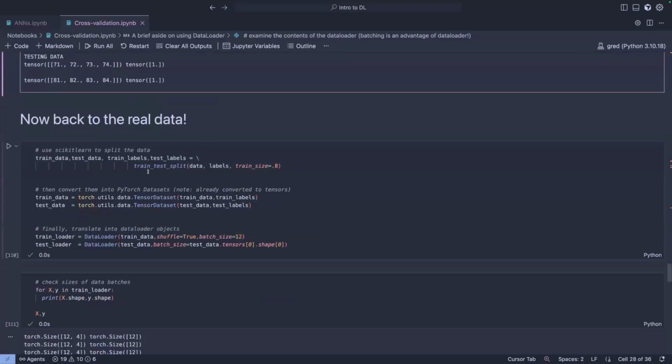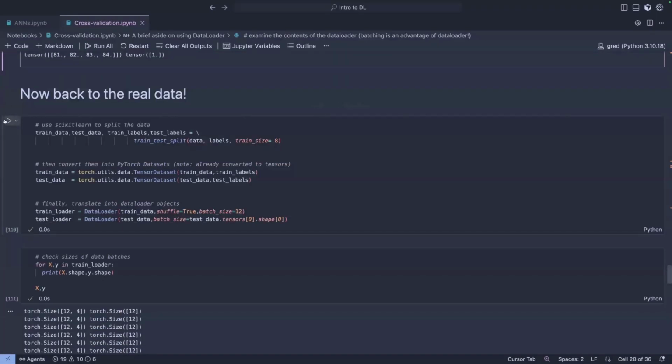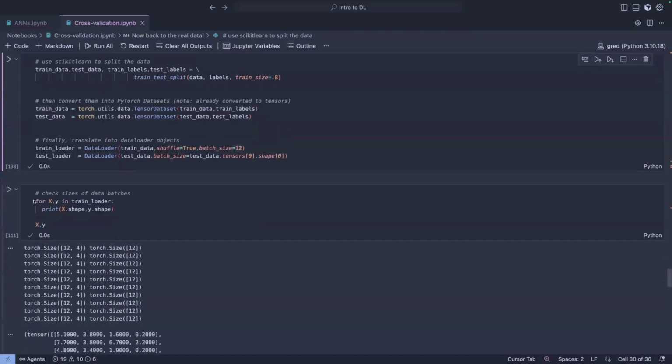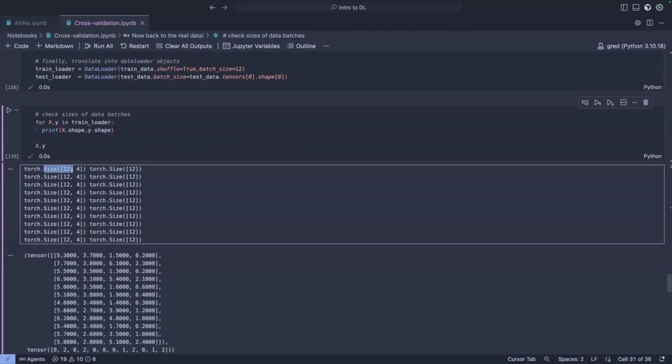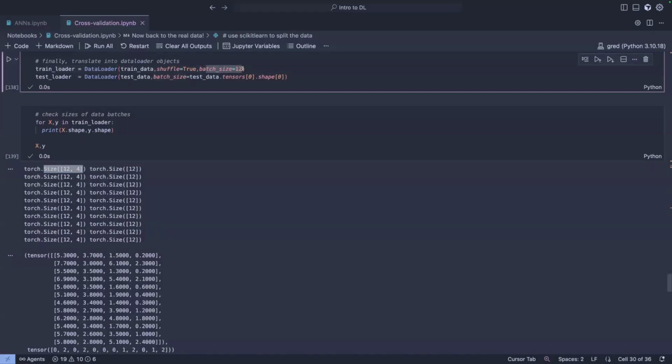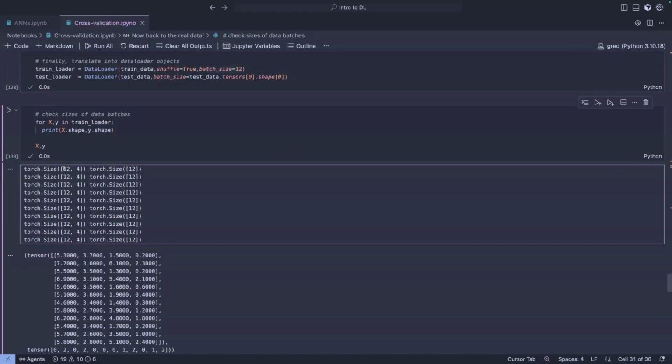So now if we apply this on the training data, I'm not gonna go through the code now because we're gonna do it next time. We defined the batch size to be 12, so we split our training data into different batches of 12 examples per batch.